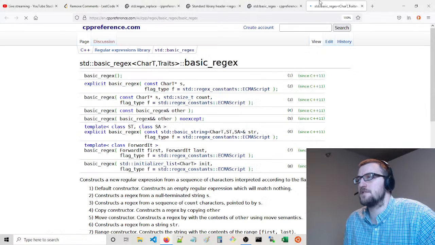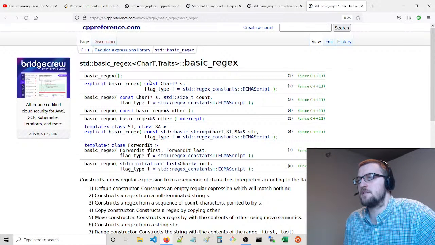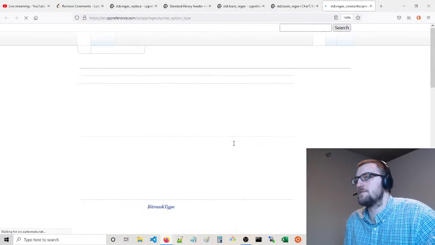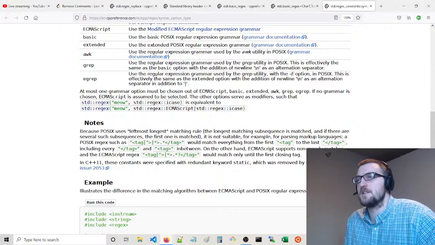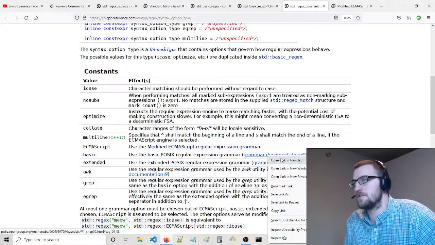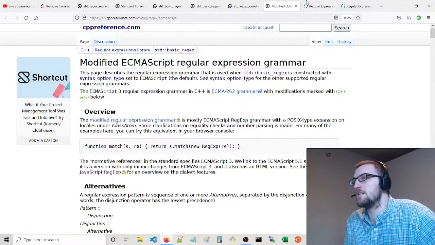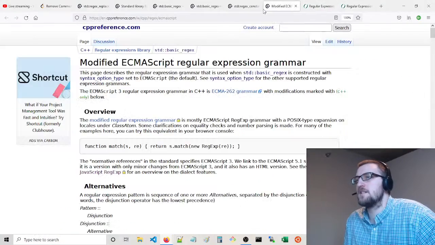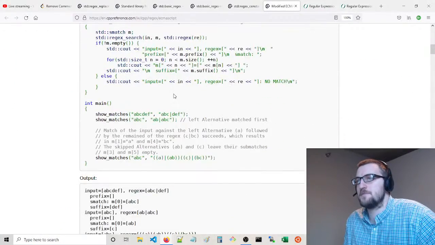Let's look at the constructors. This takes a string and some flags. It uses ECMAScript grammar. There's documentation on these. Yeah, the grammar documentation helps a lot to have available.